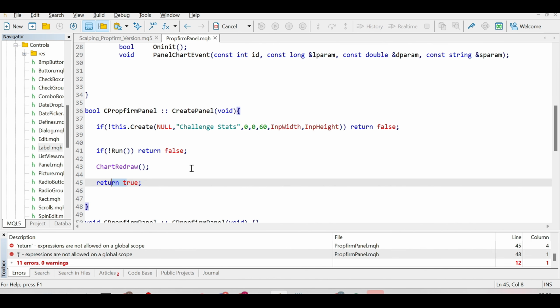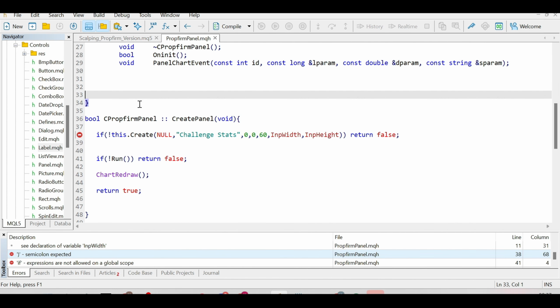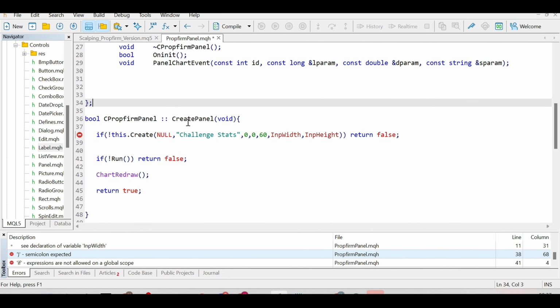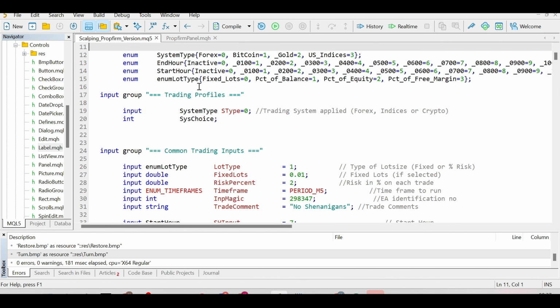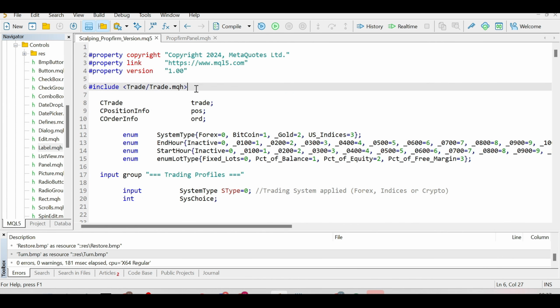If I compile it, I forgot to put a colon here. If I put a colon and then compile, yeah, we don't have any error. So now that we have this, we can go back to our Scalping Propfirm version that we had created. And now here we can